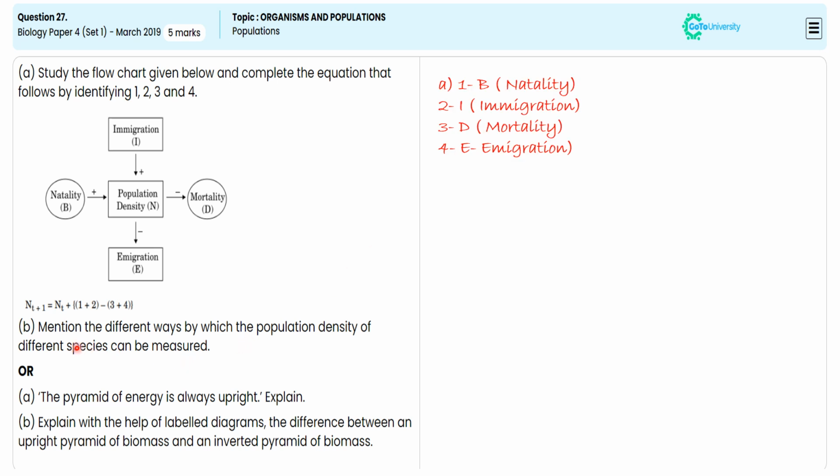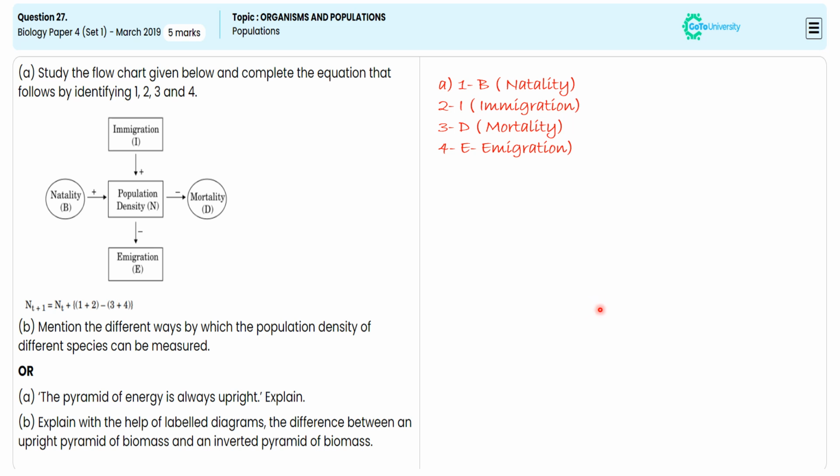In the second sub-question, they are directing us to specify in which way the effective methods are adapted to evaluate the species population density. For this, we are specifying the percentage cover for the tree with large canopy, number of fishes caught per trap, pug mark and fecal pellet for tiger census, biomass for laboratory culture of bacteria, and number